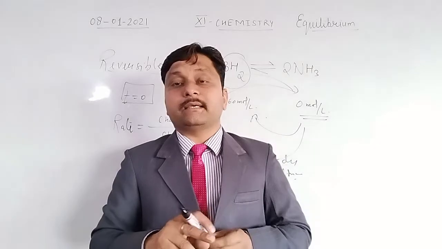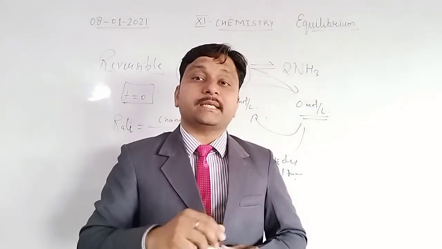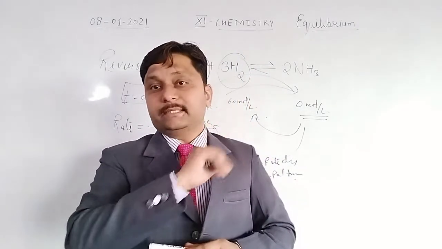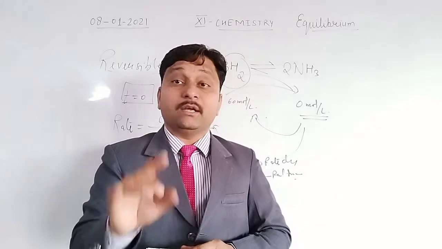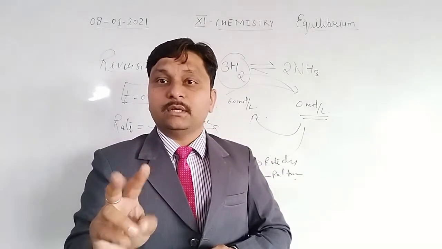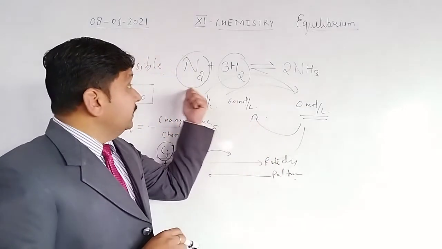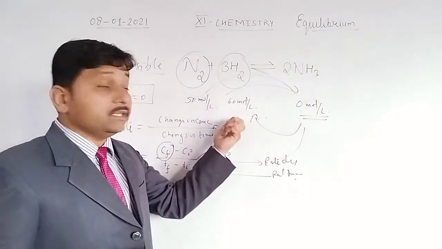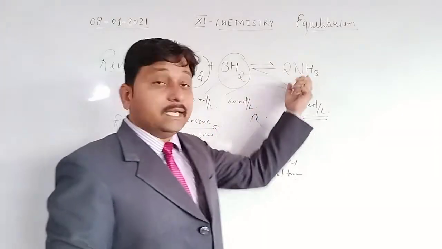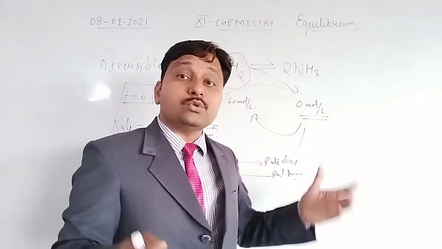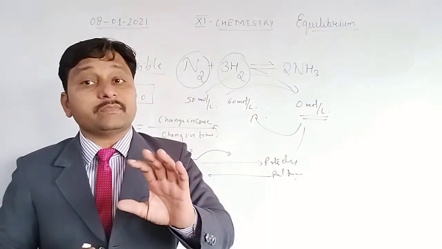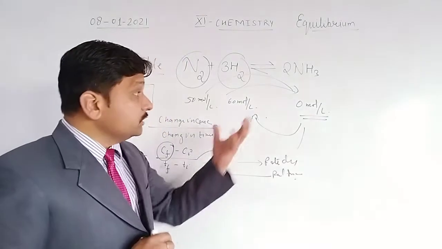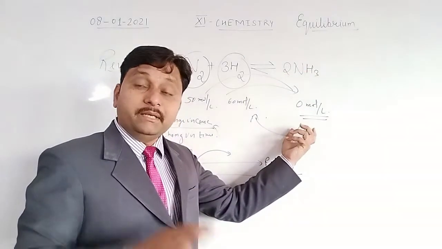The second characteristic, at the time of equilibrium, the concentration of the reactants and the concentration of the product both are constant. Both are constant, not equal. That is the difference. Constant means if suppose in this case nitrogen remains 14 mole per liter, hydrogen remains 32 moles per liter and ammonia will be formed, suppose x mole per liter. So at the time of equilibrium, until the equilibrium is disturbed, we will discuss ahead what disturbance means. Clear? So until it is disturbed, the concentration of ammonia will be fixed, that is x.